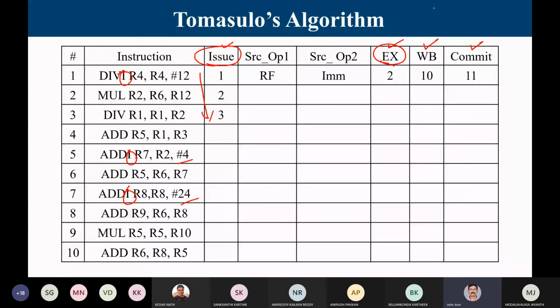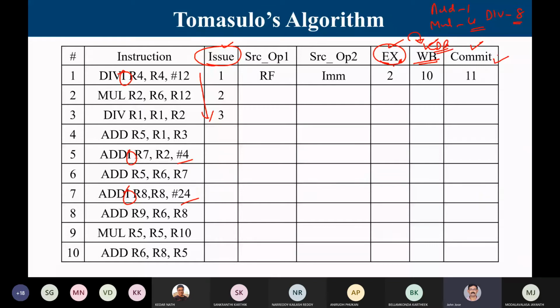So we have 3 operations. Add will take only 1 cycle. Multiplication will take 4 and division will take 8. So at which clock cycle did the execution start? For division, if it starts at 1, then 1, 2, 3, 4, 5, 6, 7, 8 cycles it is going to divide, and in the 9th cycle it will write the result into the CDB. This write back is when I am going to write the result into the CDB, and then when I am going to commit. So essentially you have to fill up the time at which each of these occurred.